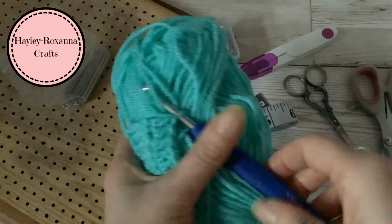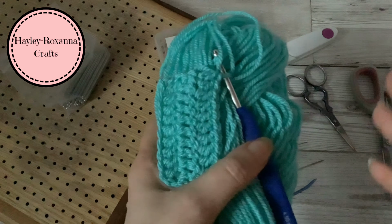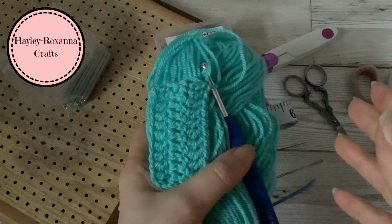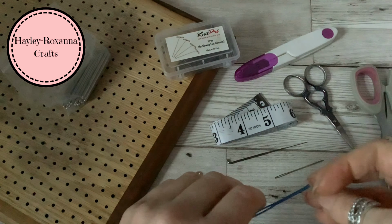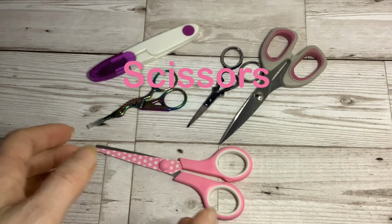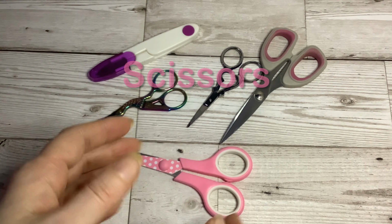Yarn and crochet hooks are obviously necessities to crocheting, and I've talked about these in more detail in previous videos. But there are other accessories that are useful and even essential to crocheting, which I will talk about in this video. At some point when crocheting, you are going to need to cut the yarn,